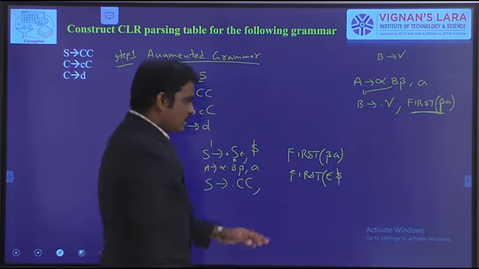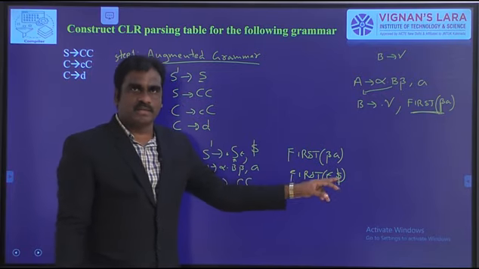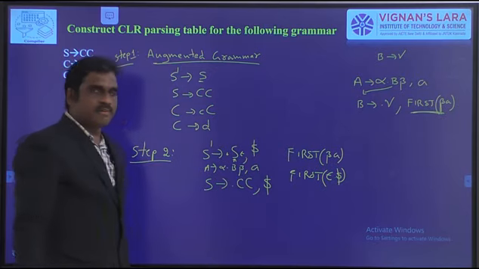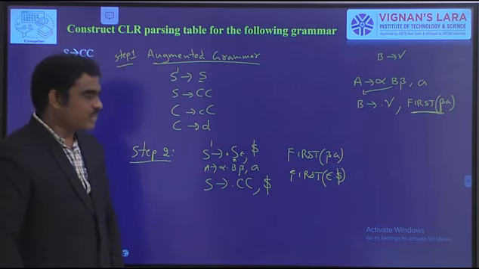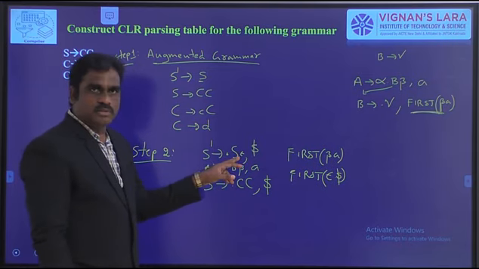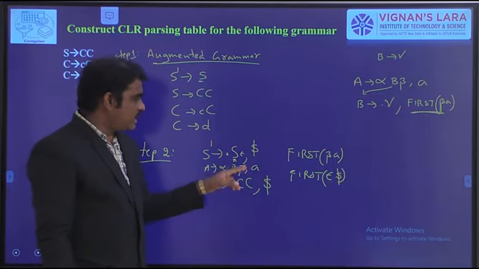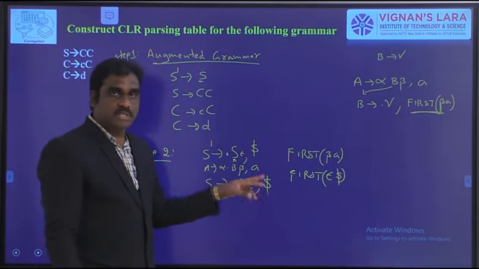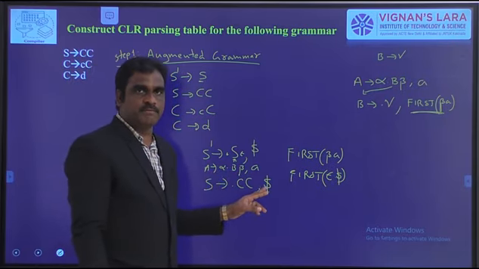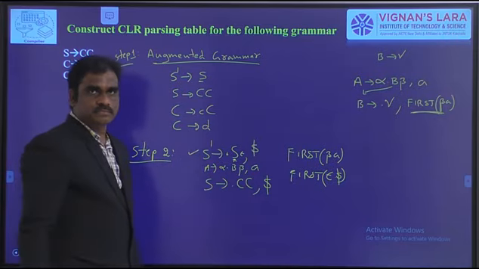So what is the result? First of epsilon into dollar is dollar. So first of dollar is dollar. So here the lookahead symbol value is dollar. See, the first part is same as in SLR. Dot followed by S, so write the S production S2 dot CC. But here in the CLR we have to compute the second part also. How to compute the second part? The formula is first of beta A. Now the first production is over.